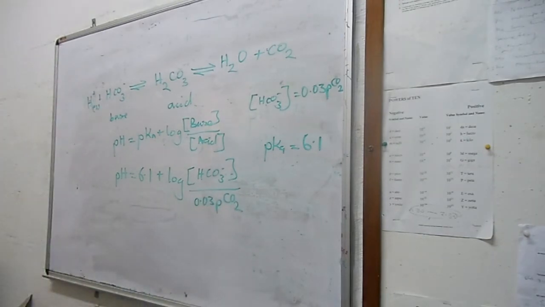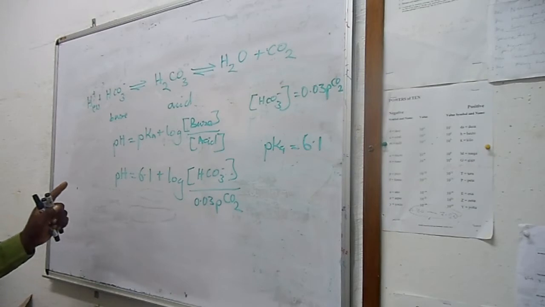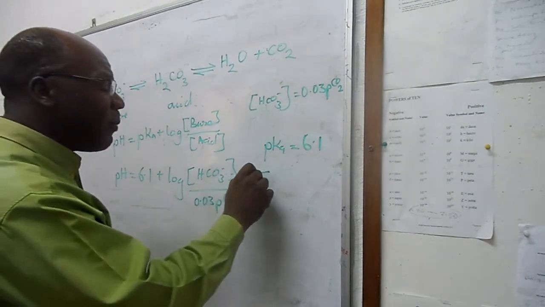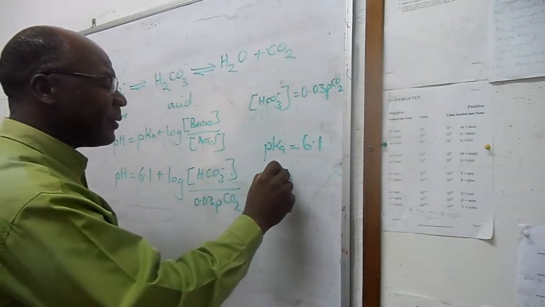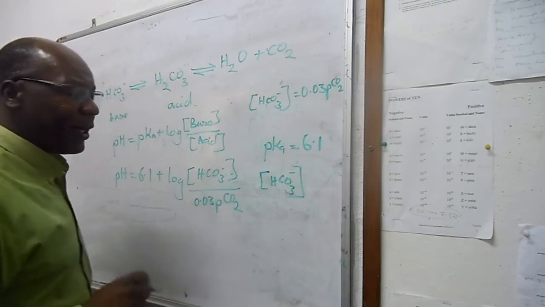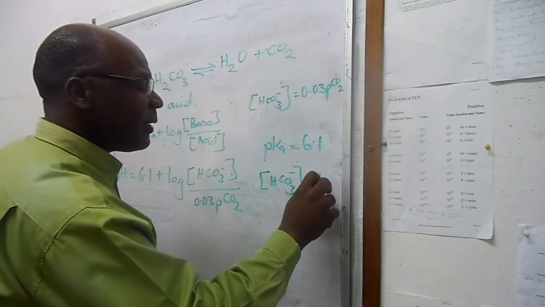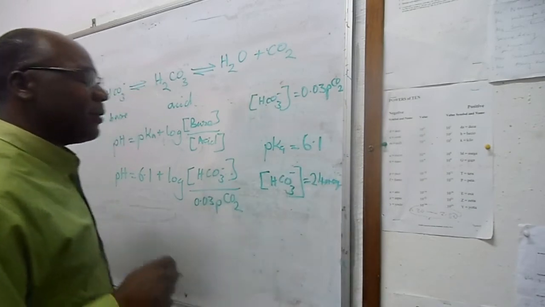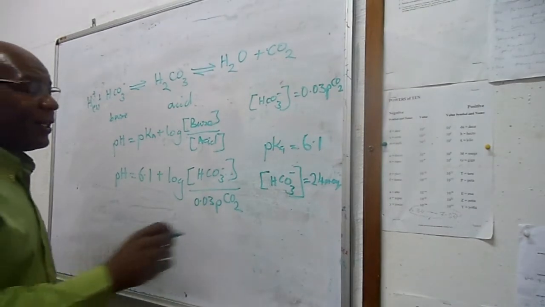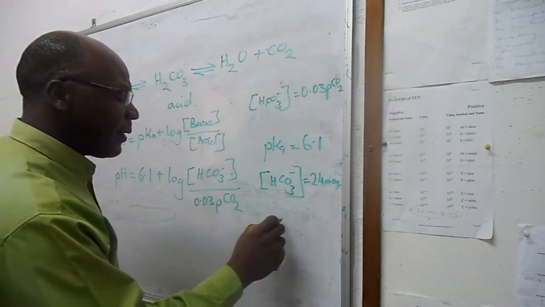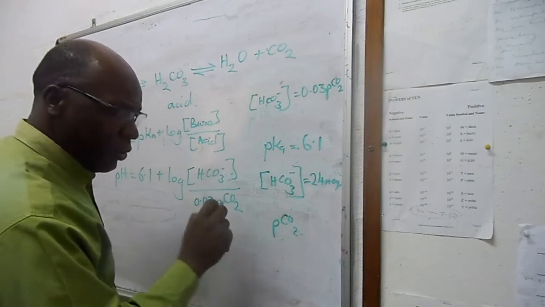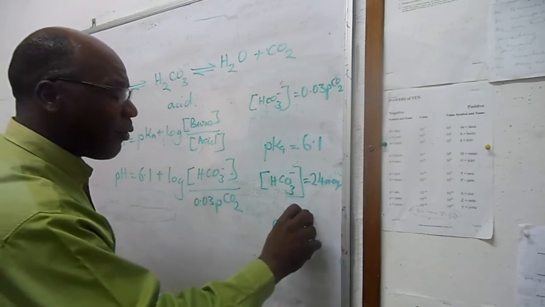That will give us the pH of the human blood. Under ordinary conditions, when we are okay, the normal concentration of bicarbonate ions is about 24 milliequivalents. And the partial pressure of carbon dioxide normally is about 40